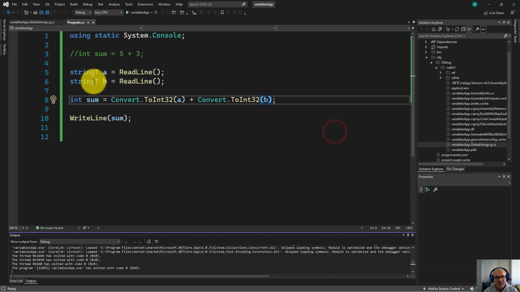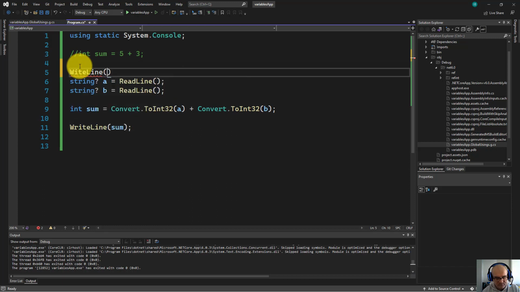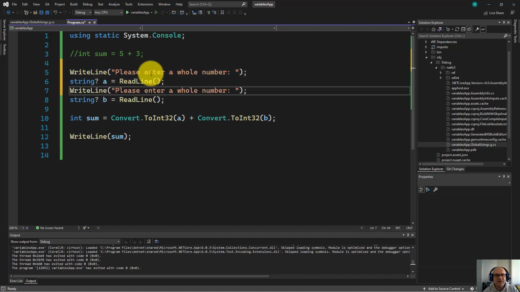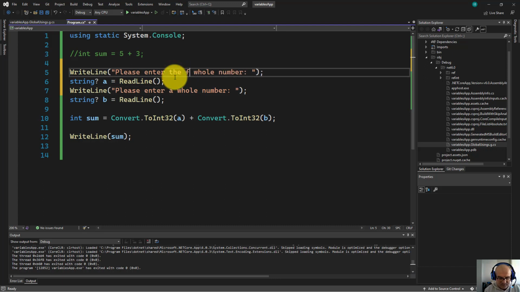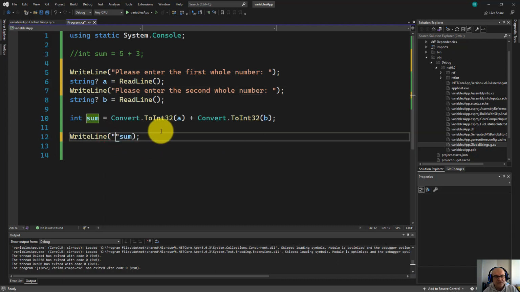How can we do this? So first of all, let's add here a WriteLine, and we can put here, please enter a whole number. And we can put here, please enter the first whole number, and here the second whole number. All right. And here we can put a bit of text to be more readable in console, like the sum